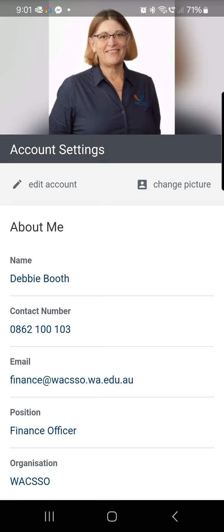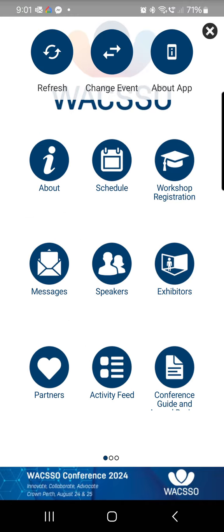On mine, it's at the bottom right-hand side. It's an Android phone. It may be slightly different on your phone. But I'm going to click back and back again, and we're back to the main menu section. Now, one of the important things that we need you to do when you first log in is to actually